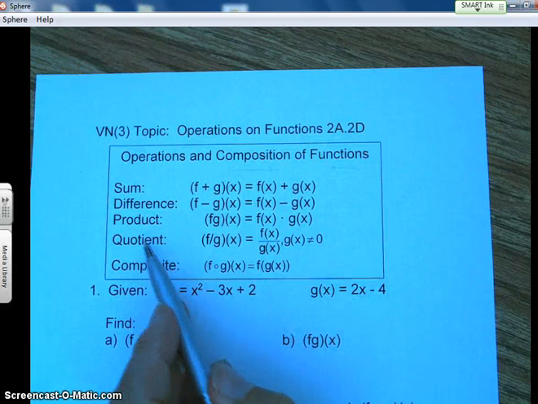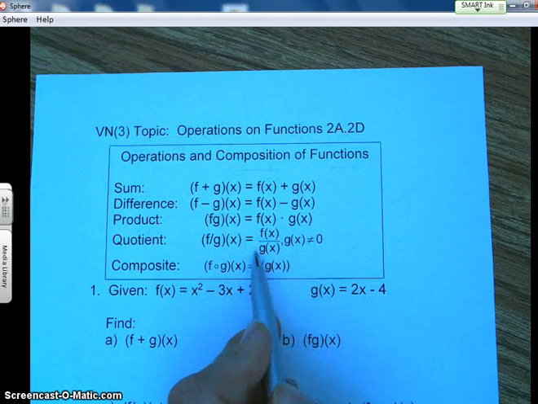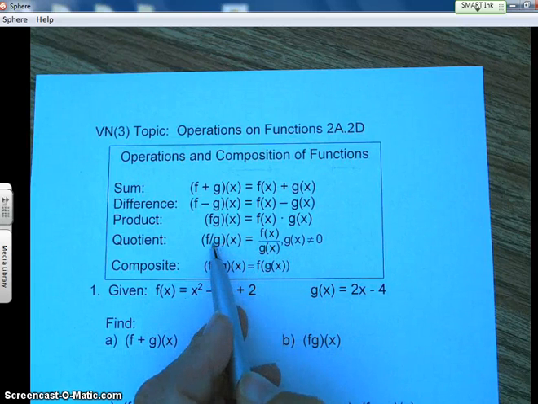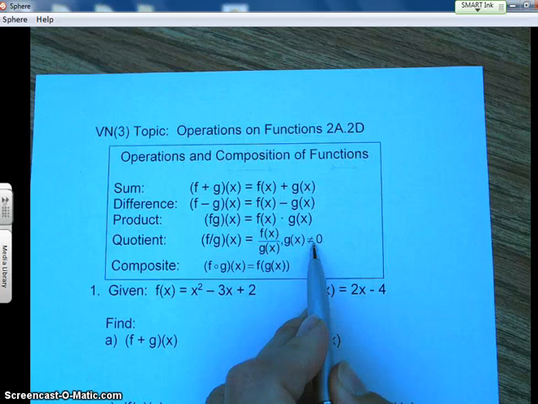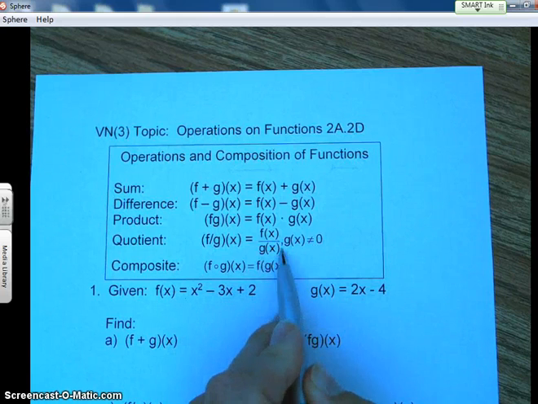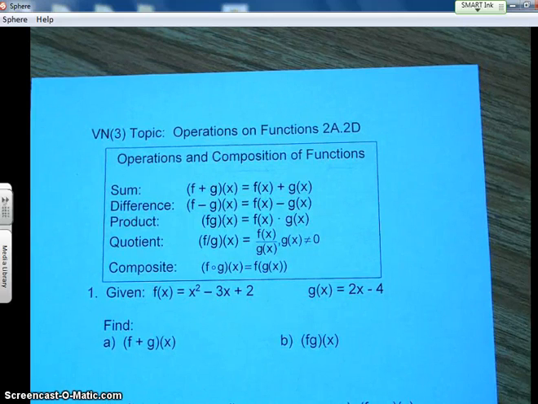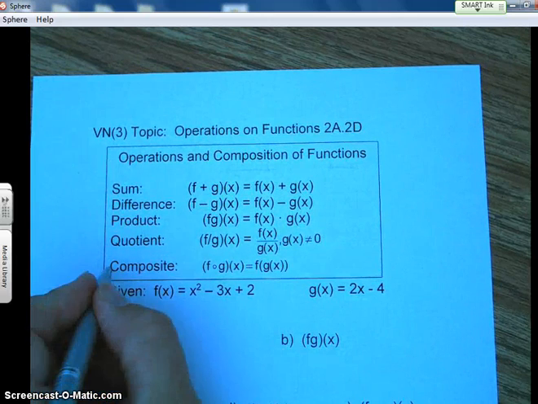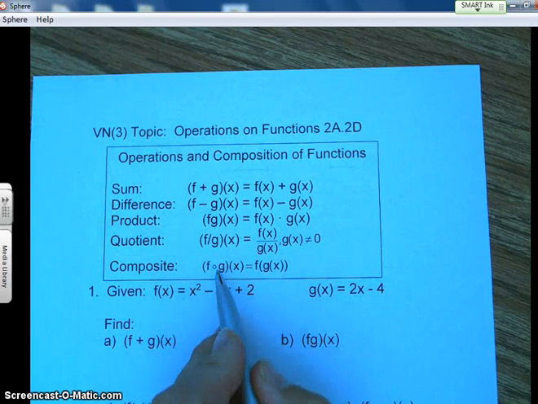And quotient, when you see this symbol here, or this symbol here, it means to divide the functions together. And the denominator, remember, cannot be equal to 0. You can never have a 0 in the denominator. It's undefined. Okay? And then last but not least, we have a composite function that may look like this